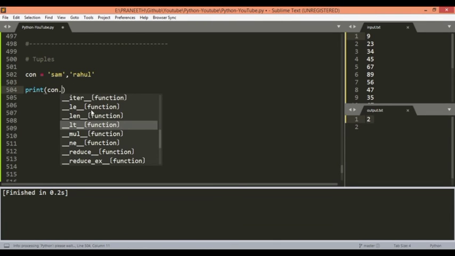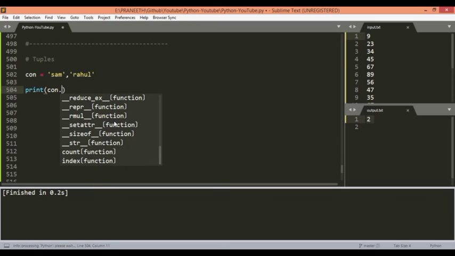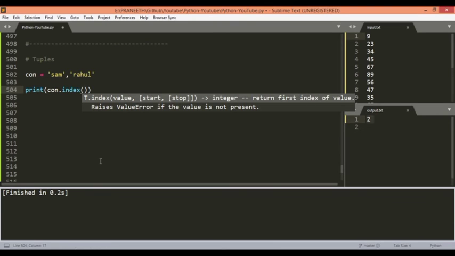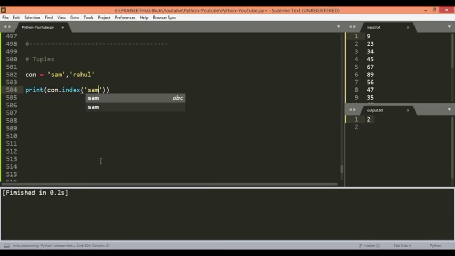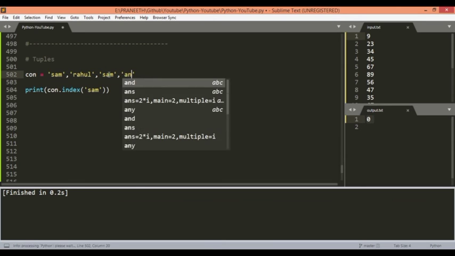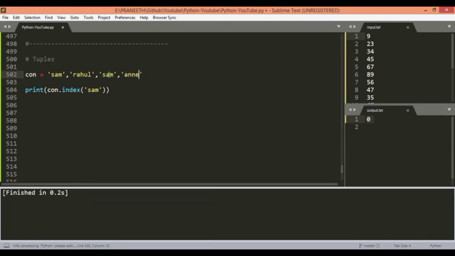So there are various methods. The index function returns the index of the first occurrence of the given value. So let's take the same, and then we can see it is present at the 0th position. So let's take another same and another NA.